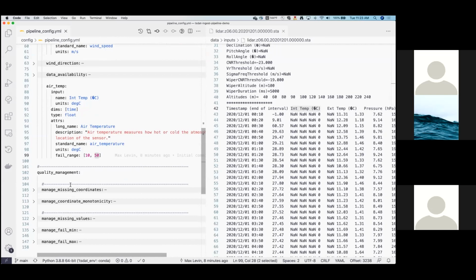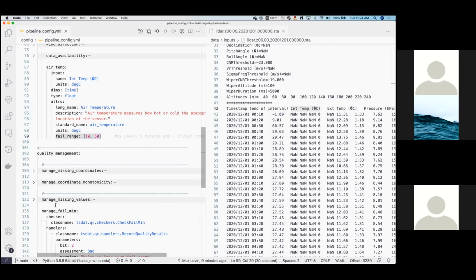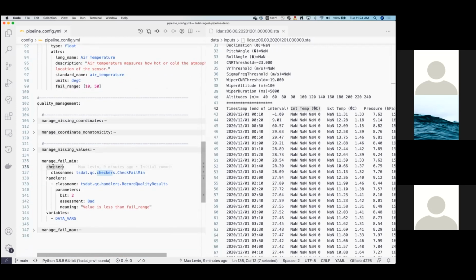All right, so the check that we're using is in the quality management section. And here we have a couple of different quality managers. Each quality manager, I'm going to open up the manage fail min because this is what's going to parse this. Each quality manager defines a quality checker and at least one quality handler. As Karina mentioned earlier, quality checkers are what are going to run on your input data and identify